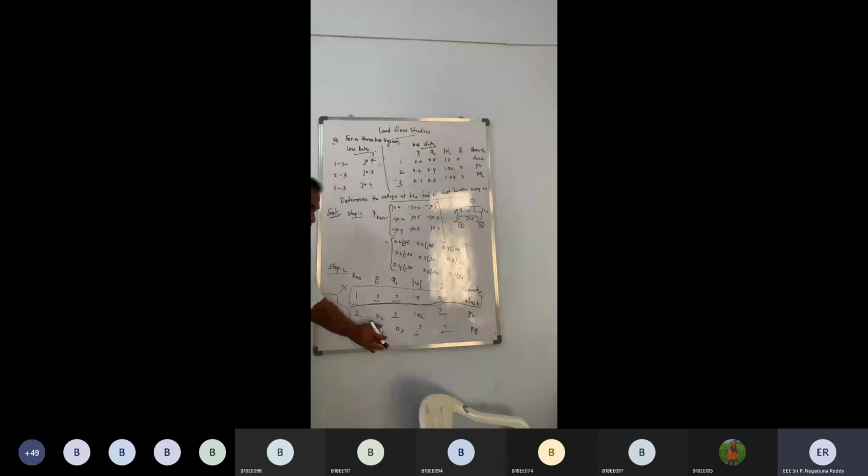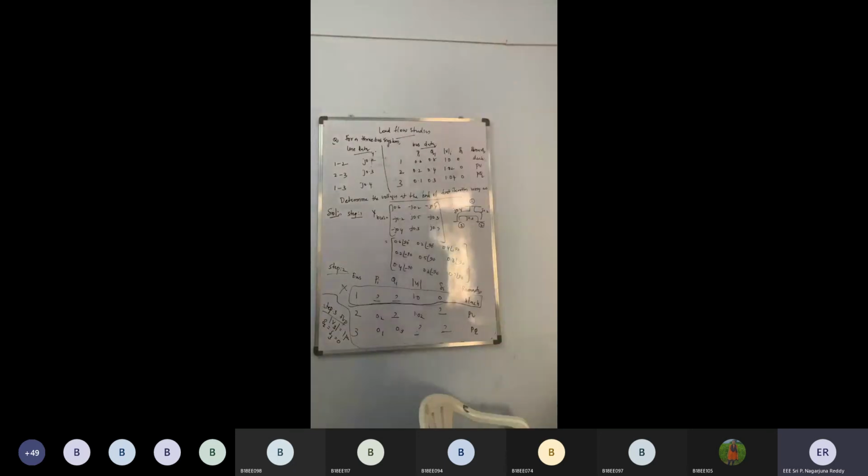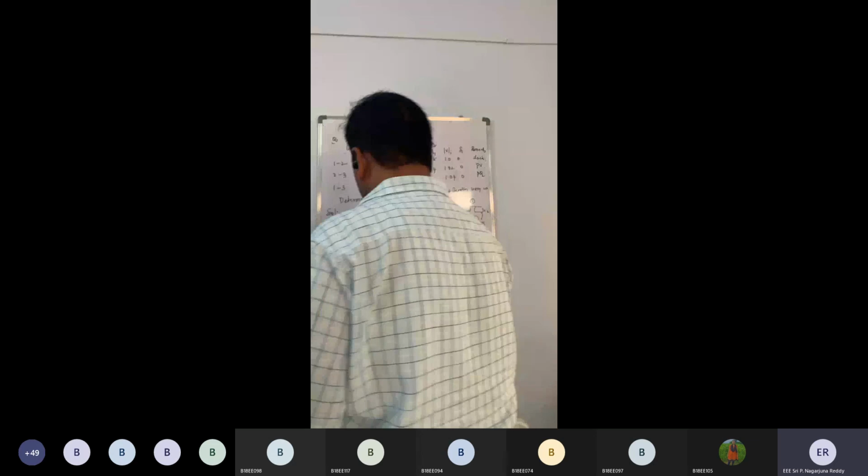So now I am at the start of the problem. I do have one known voltage magnitude. The other one I don't know, so I am considering it as 1 per unit. And the 2 angles I don't know, so delta 2 and delta 3 I am considering as 0 per unit. This is the simple flat voltage. Unknown voltage magnitude and angle are treated as 1 and 0 per unit respectively. This is step number 3. Step number 3 is also done.